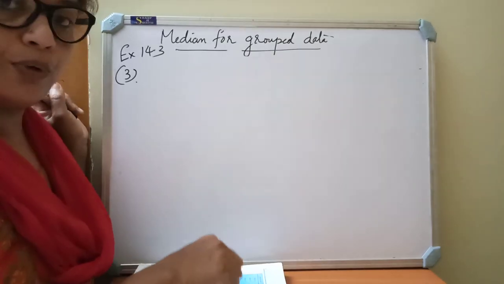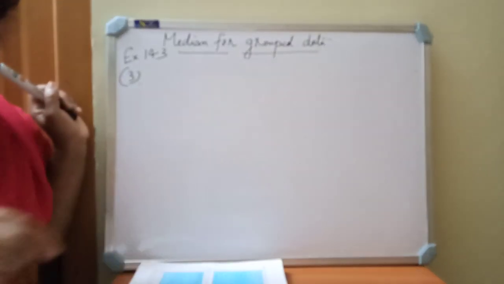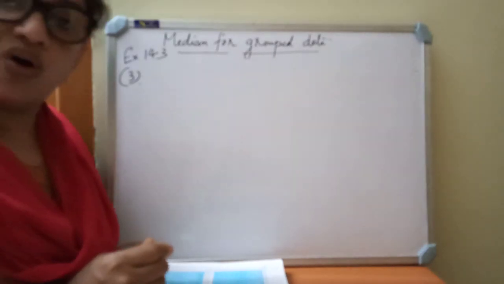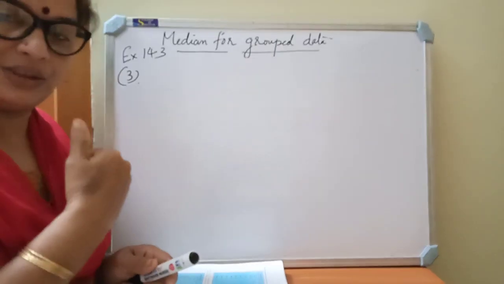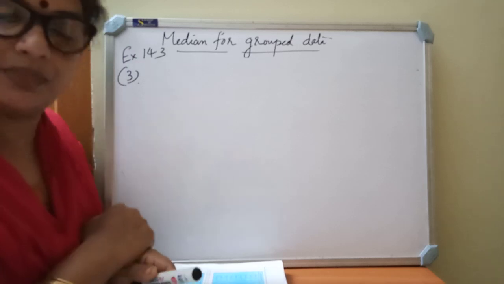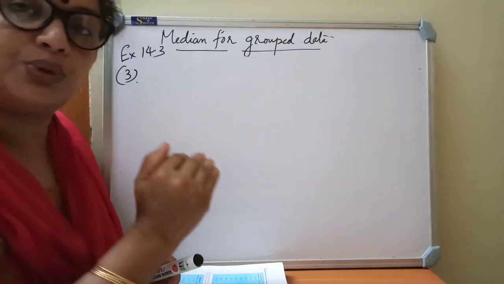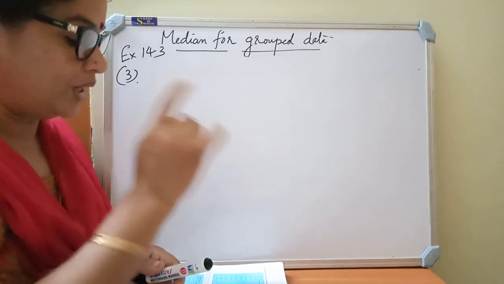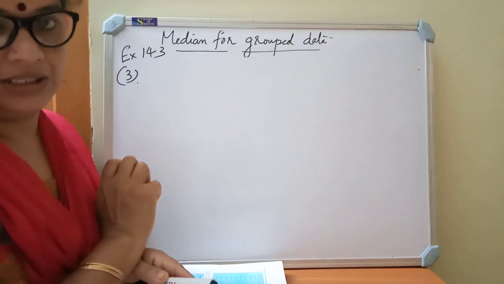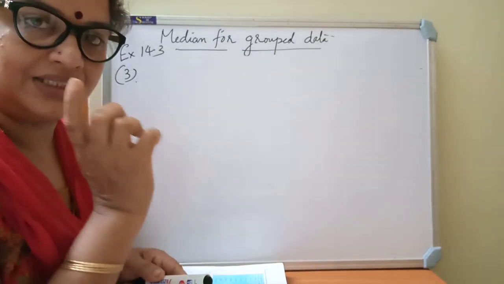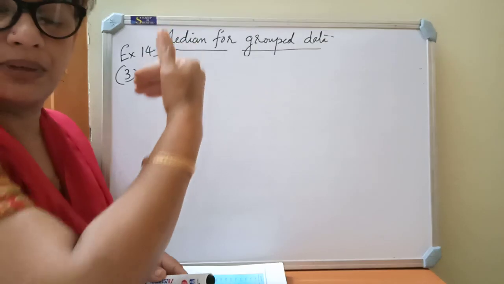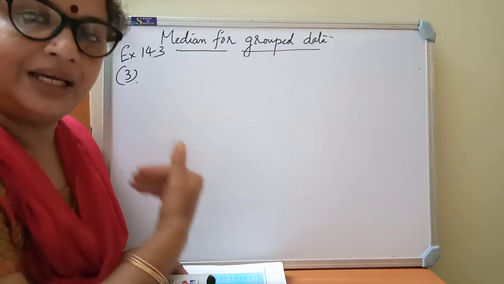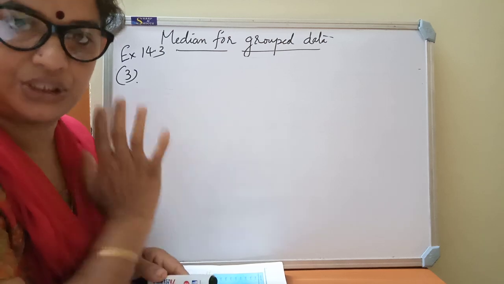Okay? If they give it in the pattern of below, it means they are considering only the upper limit. This type of distribution we call the cumulative frequency distribution of less than type. When the question data says below or less than, it is the cumulative frequency distribution of less than type. In it we are getting the upper limits. Okay, so you must keep it in mind and listen to me. Below or less than, with some class interval values given, means it is a less than type frequency distribution table.